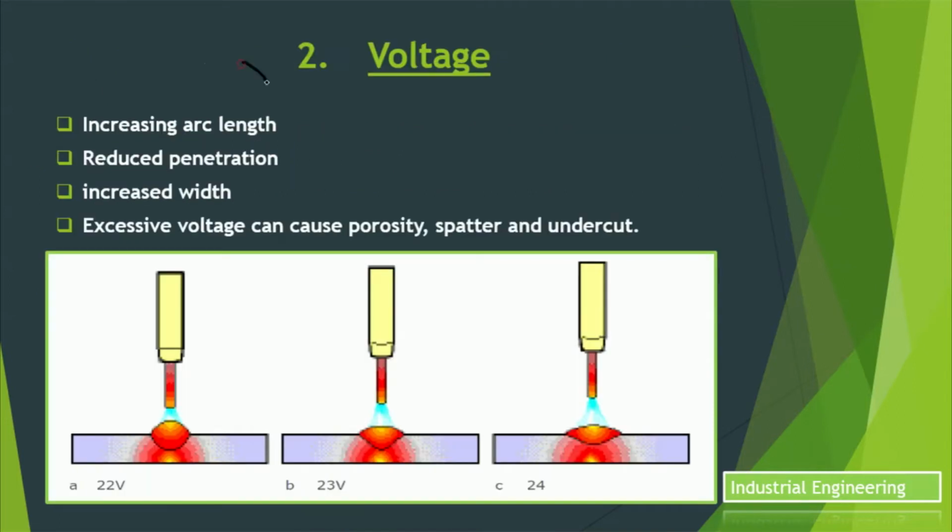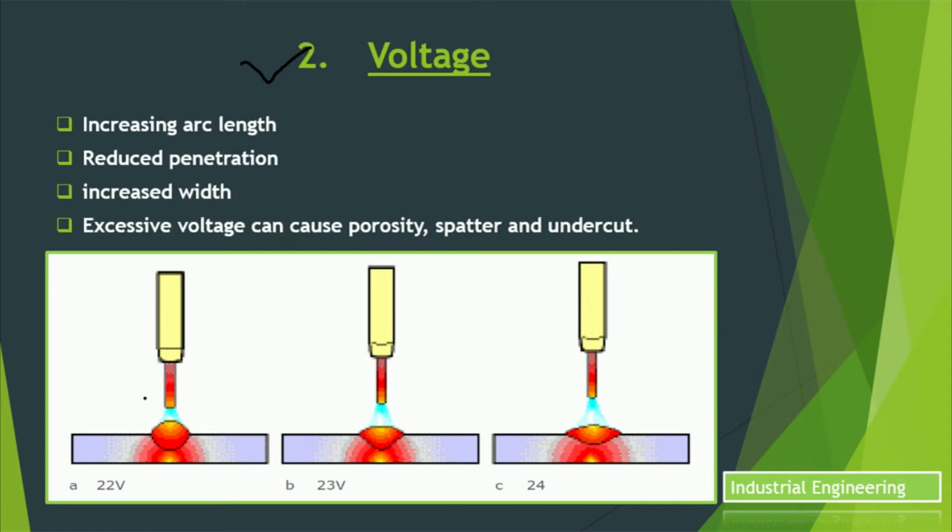So the second point is voltage. The voltage is often referred to as the heat setting. This will be altered dependent on the material type, thickness of the material, gas type, joint type and position of the weld. Combined with the wire speed, it is the main control adjusted by the welder. The voltage settings vary depending on the type and size of the electrode wire being used.